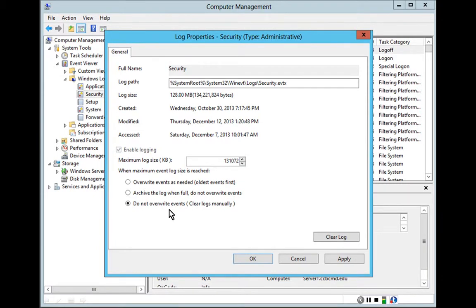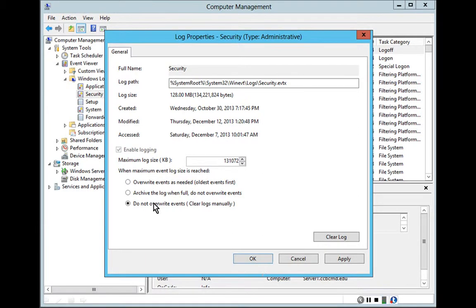So what we got to remember to do is check this event log periodically. We can increase the size of the event log, and we can make sure not to audit more stuff than we need to audit. If we select do not overwrite events, clear logs manually,